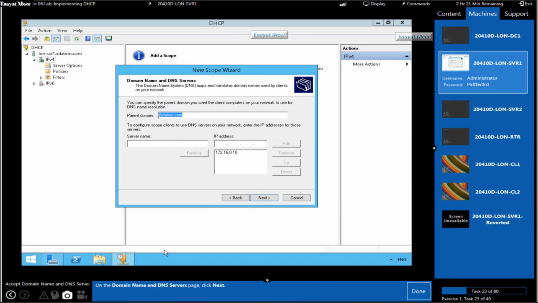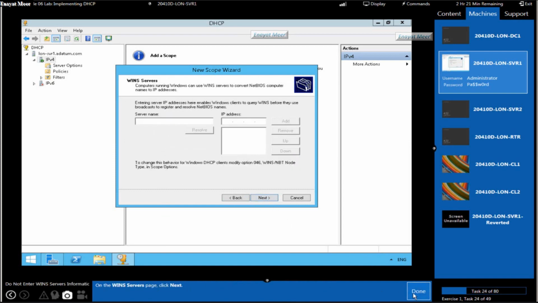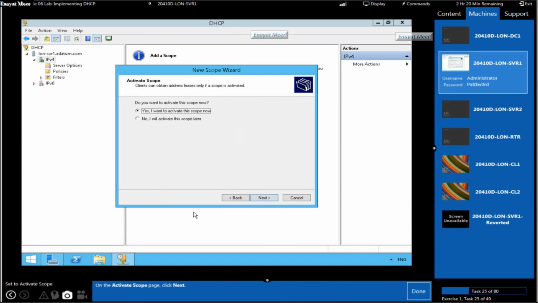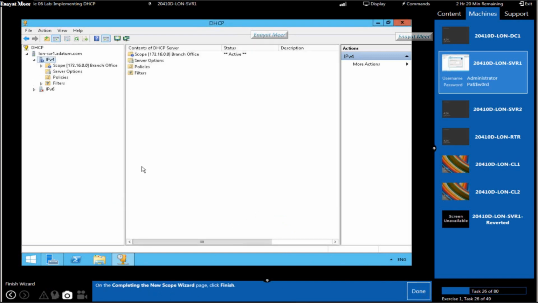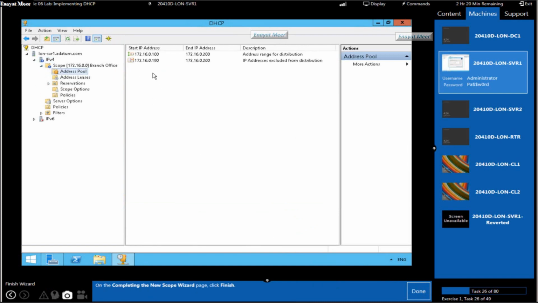We will leave WINS as it is, and always keep in mind the default gateway is supposed to be the first available IP address. If you want to activate the scope you can activate it now. If you don't want to, you leave it as it is, and we can activate it by right clicking on the scope. Now we have this IP pool available, 100 to 200, and we have an exclusion of 190 to 200, like 10